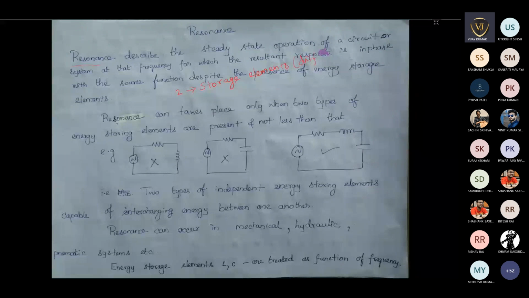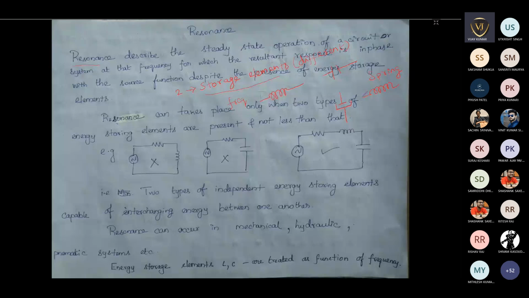It can be electrical or mechanical or whatever, but for resonant condition to occur, you should have a minimum of two storage elements. Here we are going to talk in terms of frequency, but this is in electrical. In electrical, there are two storage elements we are aware of as of now. One is the inductor and the other is the capacitor. These are two energy storage elements. In mechanical perspective, you would have seen something like this. I don't know whether you are aware of this or not. You'll have a spring, and I think this is a dashboard.